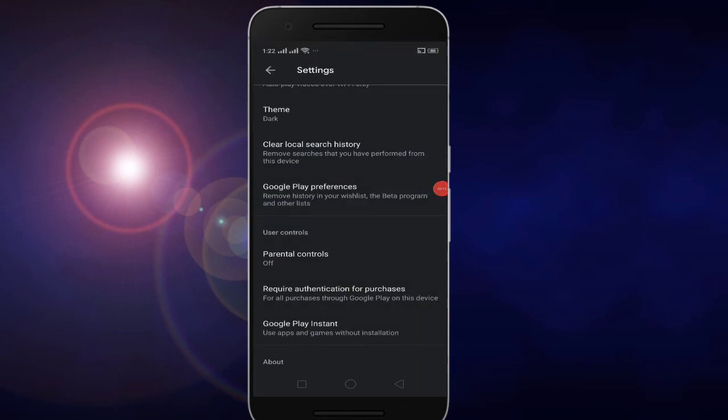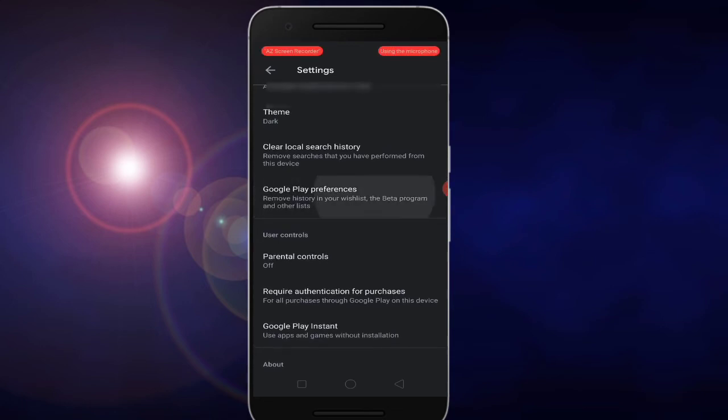So the third option is there, you can see the Google Play Protect option. Just click on it. If you click on it